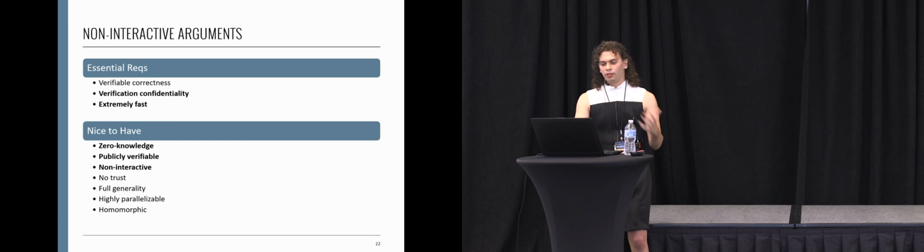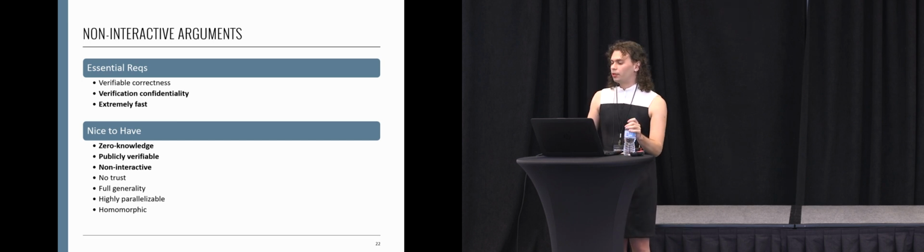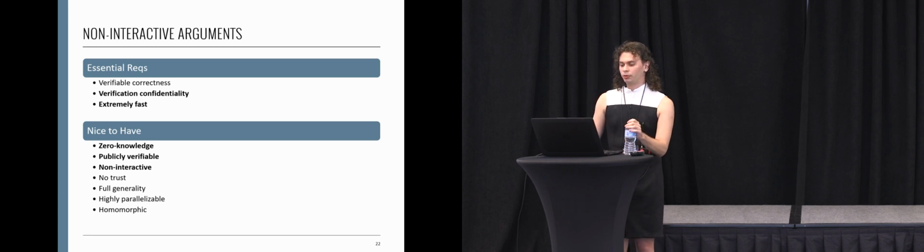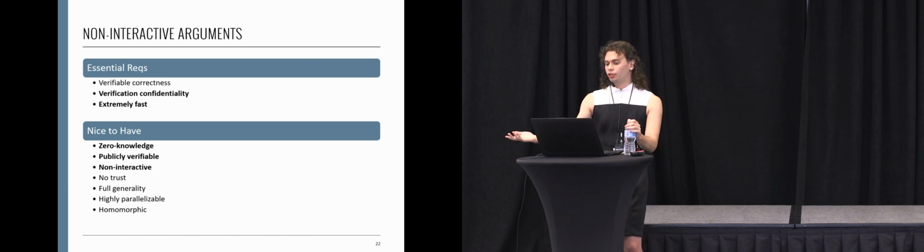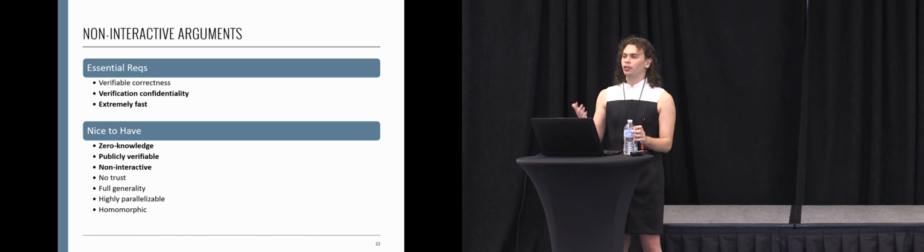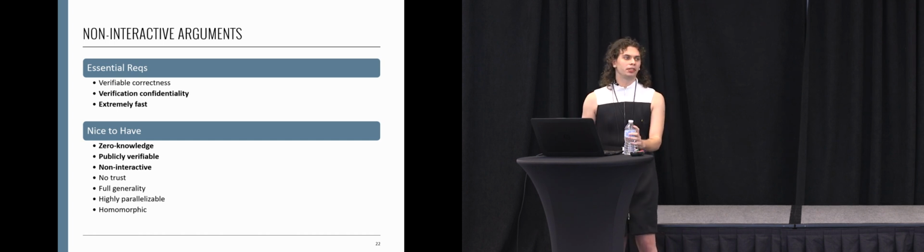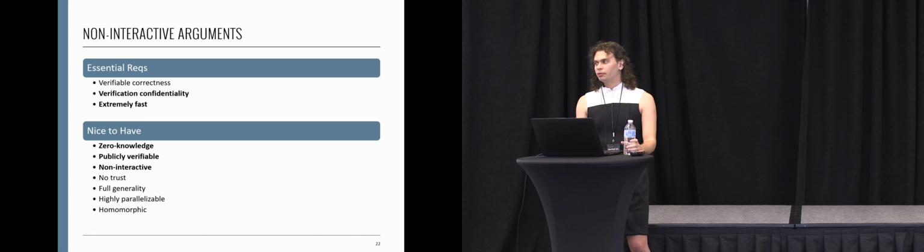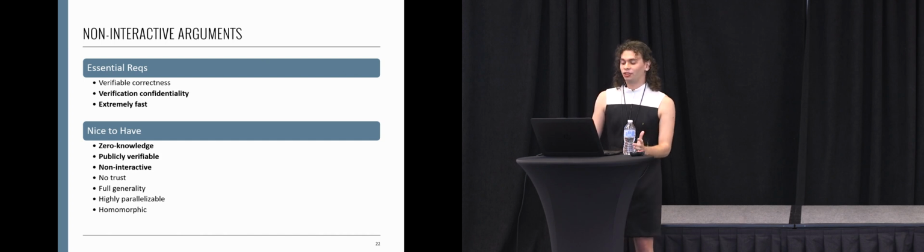These are extremely fast. They are by far the fastest application that we have today. And they have a number of auxiliary useful properties. For example, public verifiability. They don't require extensive communication. It's a one-time message that you receive. And in many applications, they don't quite get complete correctness, but they can get statistical correctness. You can be 90% confident that the answer was right. And oftentimes, that's good enough for practical application. And if it's not, you can do it twice. And then you're 98% sure that they did it correctly.